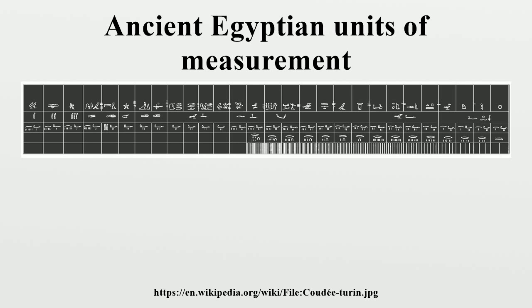Each palm is divided into 4 fingers from left to right, and the fingers are further subdivided from right to left. The rules are also divided into hands so that, for example, one foot is given as 3 hands and 15 fingers and also as 4 palms and 16 fingers. For longer distances, such as land measurements,